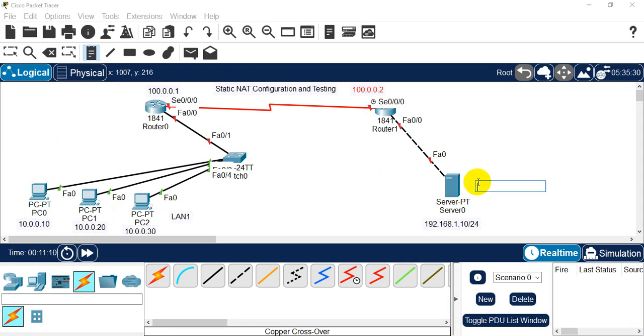This can be considered as LAN 2. This is my assumption just, and this will be our WAN. So let's define the size of the network before going to configure the LAN and WAN. For LAN 1, we are using the private IP of class A, and its size is 10.0.0.0/8. For LAN 2, we are using class C IP